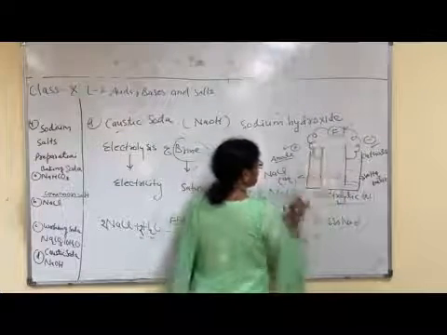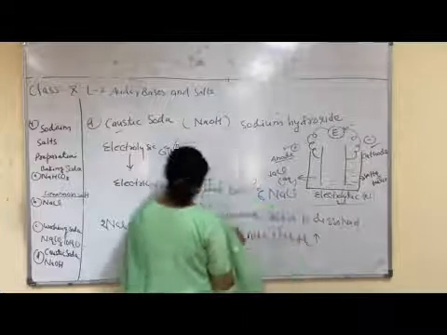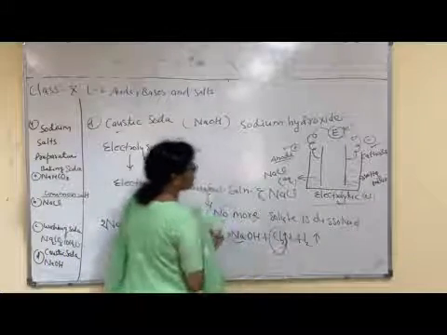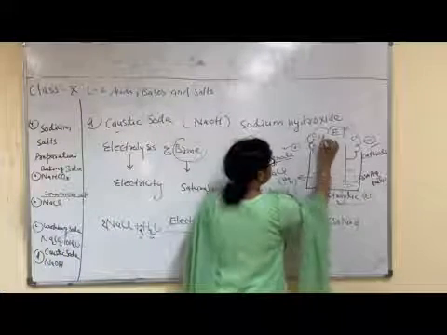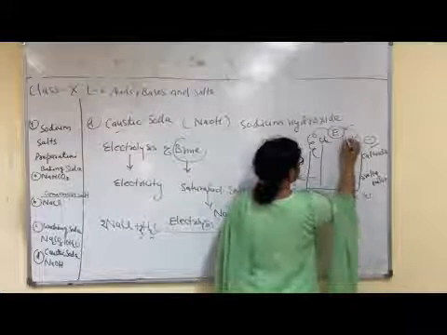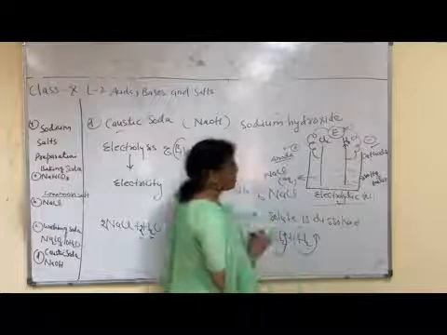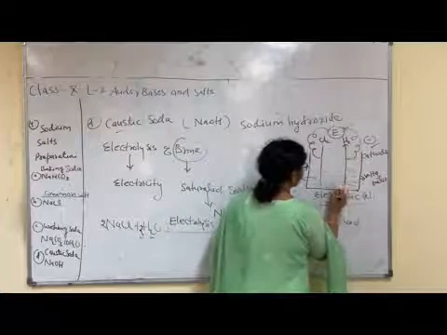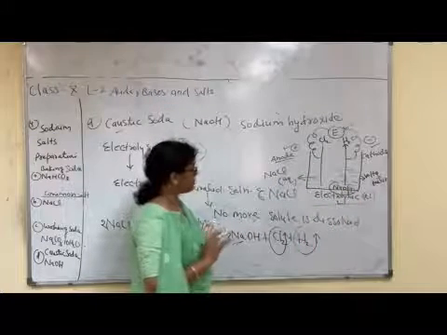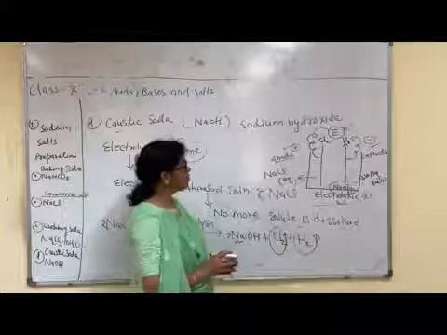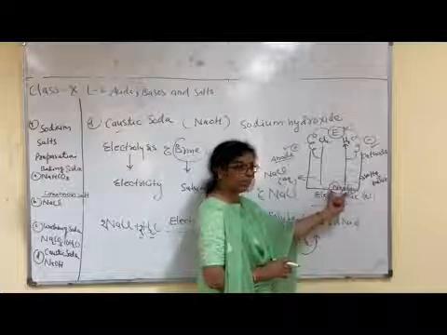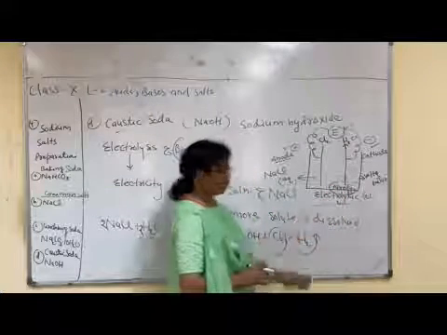When electricity is supplied, then what happens? This chemical reaction occurs, right? This chlorine is negatively charged gas, which is obtained at anode, and hydrogen positively charged, which is obtained at cathode, and sodium hydroxide is obtained near the cathode, right? So three questions are very, very important. Liberation of gases at two different electrodes and formation of sodium hydroxide at near the cathode. Okay.